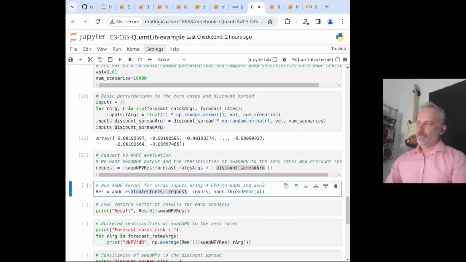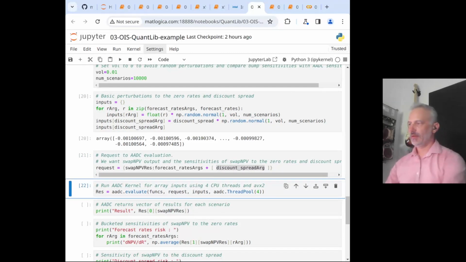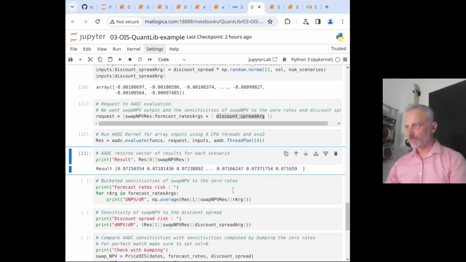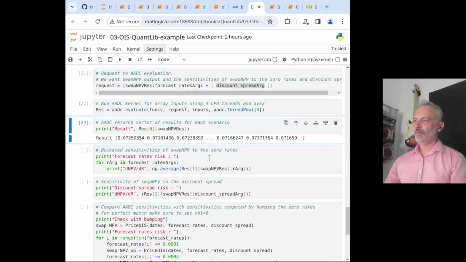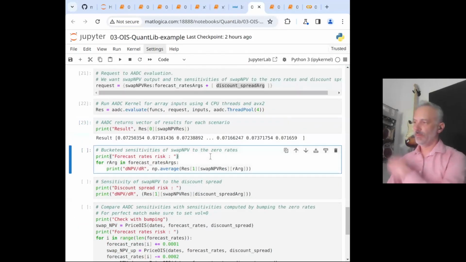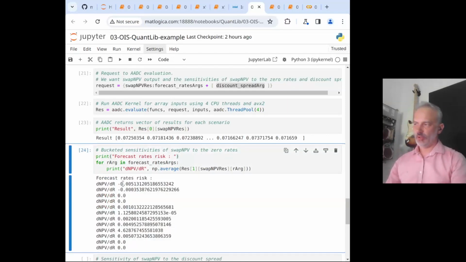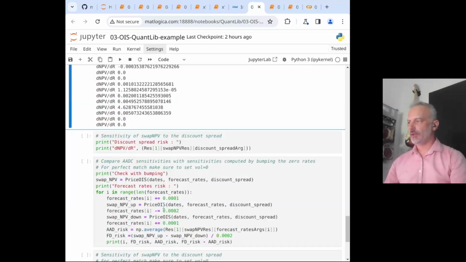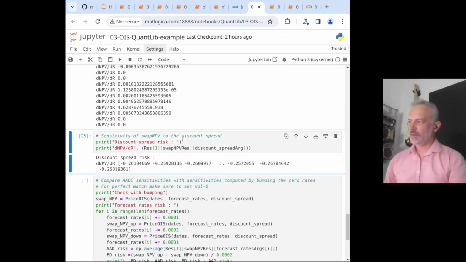We're running the evaluate function with 4 threads, and we're getting prices of the trade for each scenario, and we get average bucketed sensitivities for forecast rates, and we're getting spread risk.